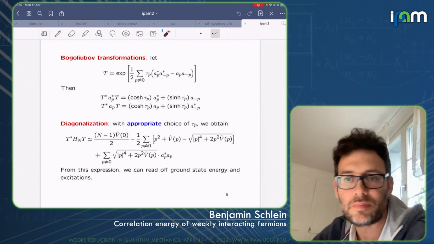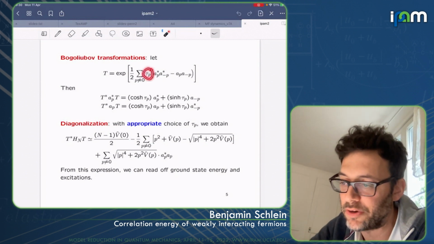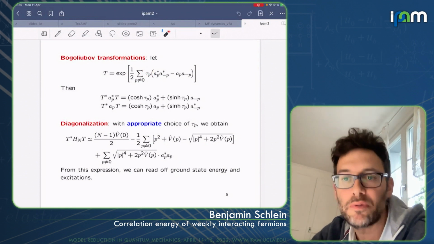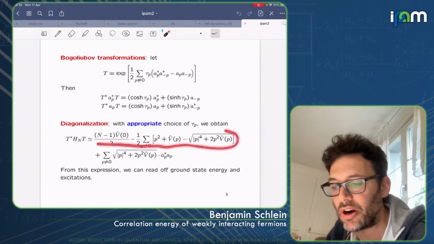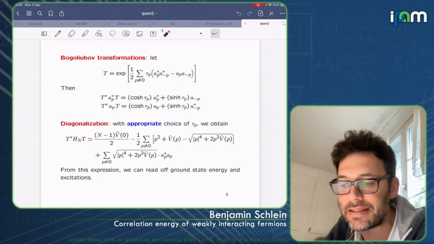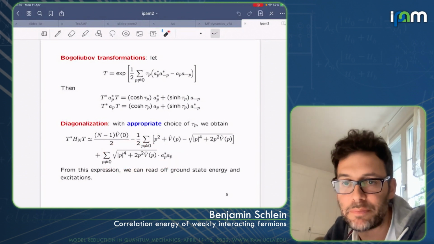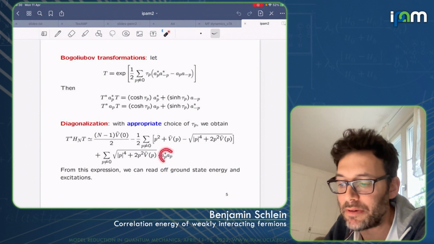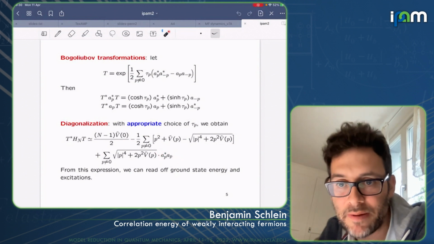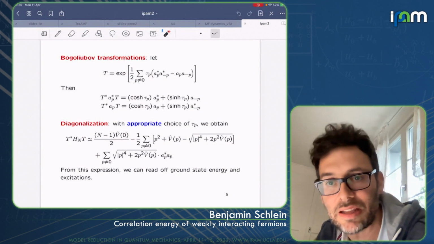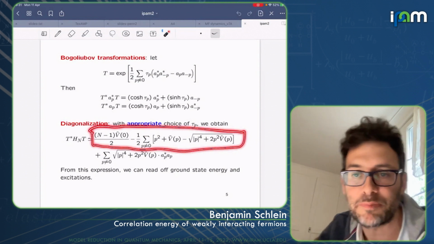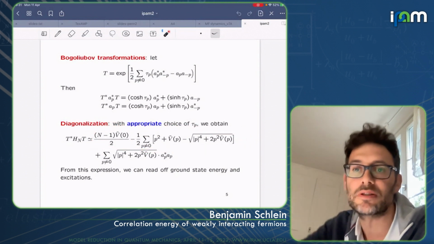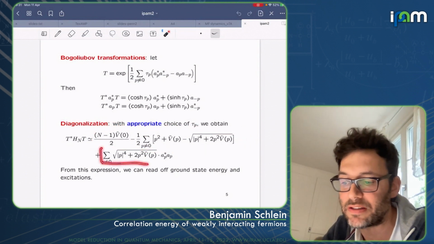There is a simple formula for the correct choice of tau_p. If you do that, you end up after this conjugation with an expression which is just a constant here, plus a sum of operators of the form a star a. And for different p, these operators commute, and we know exactly what the spectrum of this is, just natural numbers. So this formula allows you to compute exactly the spectrum. Well, first of all, the ground state energy, you see it here. This is an expression for the ground state energy. And then also the excited eigenvalues, because they are determined by this factor.